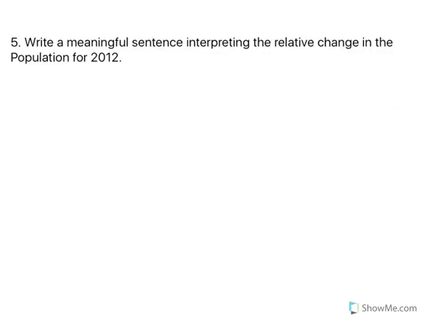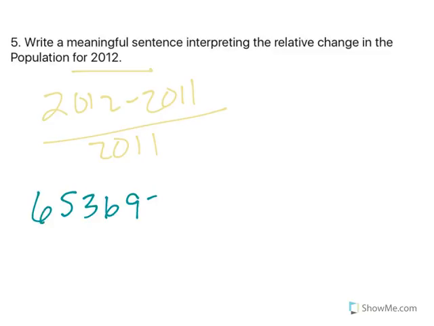And let's write a meaningful sentence to represent the relative change. Now, relative change for 2012 will be 2012 minus 2011 divided by 2011. And we are given that information. So, we've got 6,536,922. It's what we estimated for 2012. Minus the